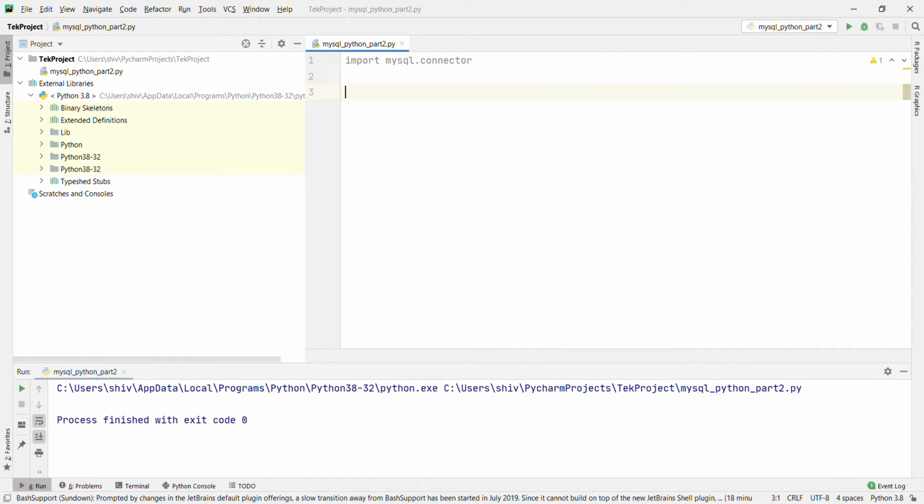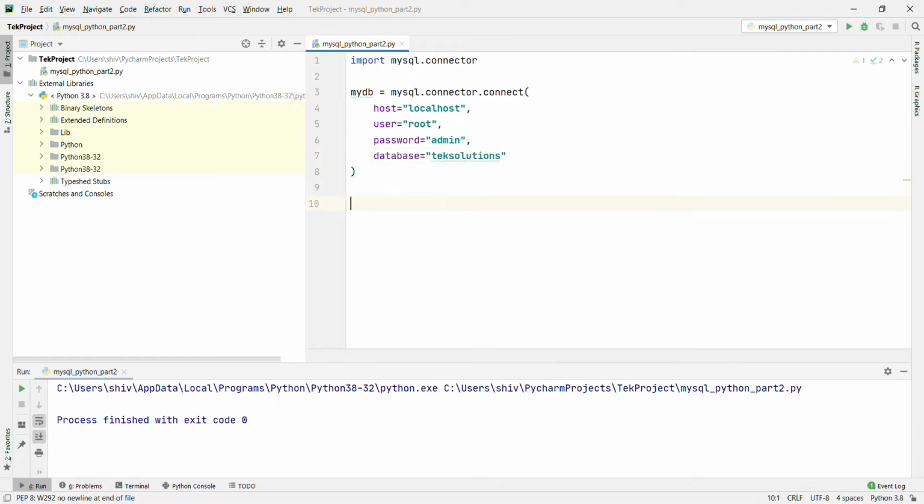After that I am going to pass the username, password, and host. mydb equal to mysql.connector.connect, and going to pass the host equal to localhost, comma, user, that is root, password, that is admin, and the database that I created in the last video, Tech Solutions.